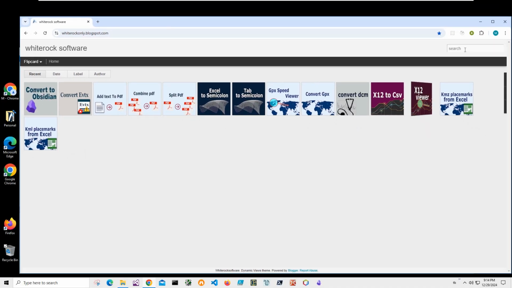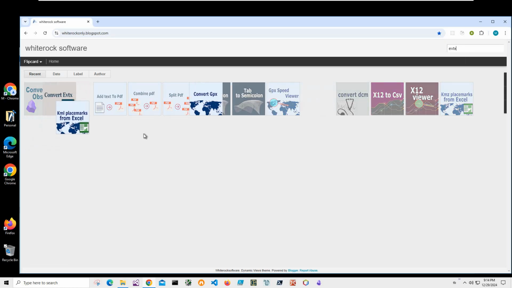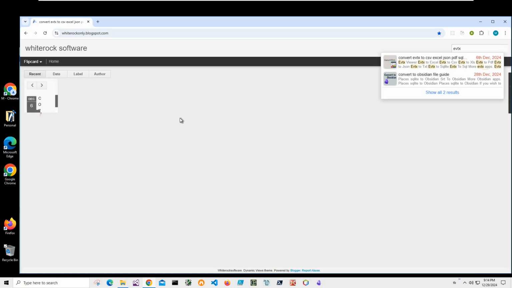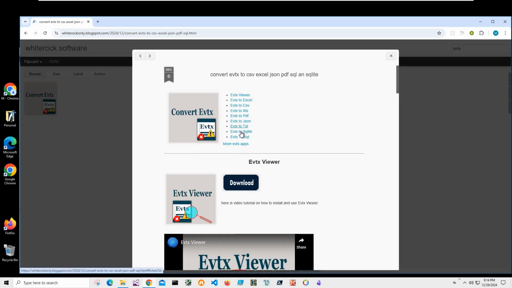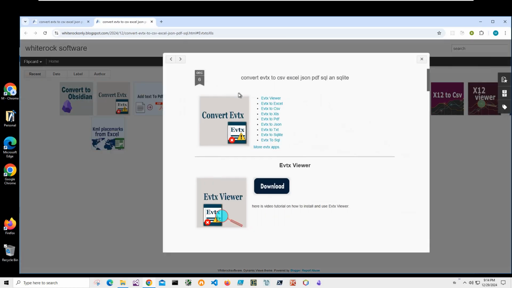So to find the application I will click on search and type Evtx, and I need the Evtx converters page. Here it is, and I will need Evtx to XLS, which is this one. And I will click on the load button to start the loading process and wait until the archive is downloaded